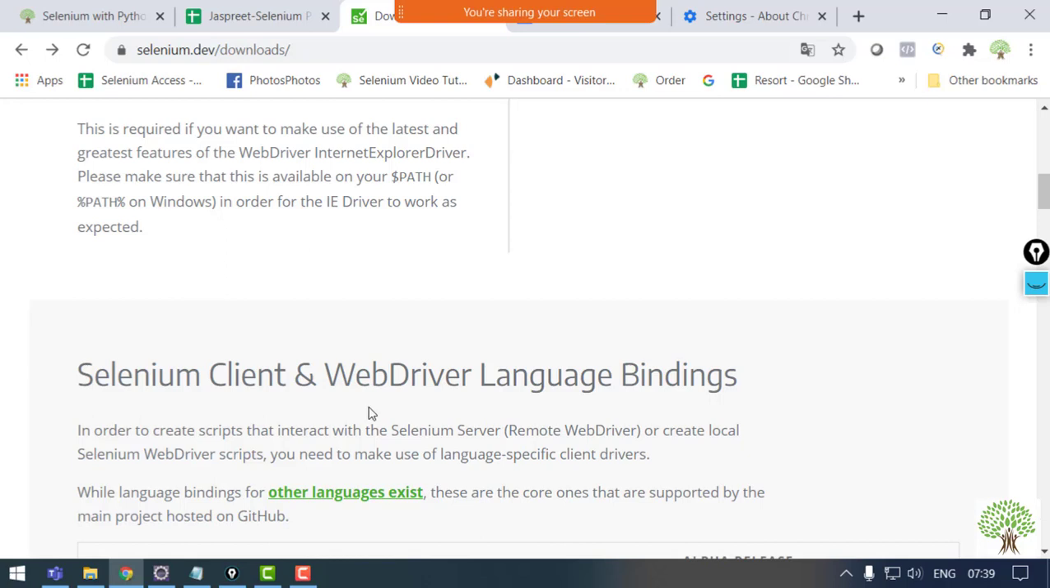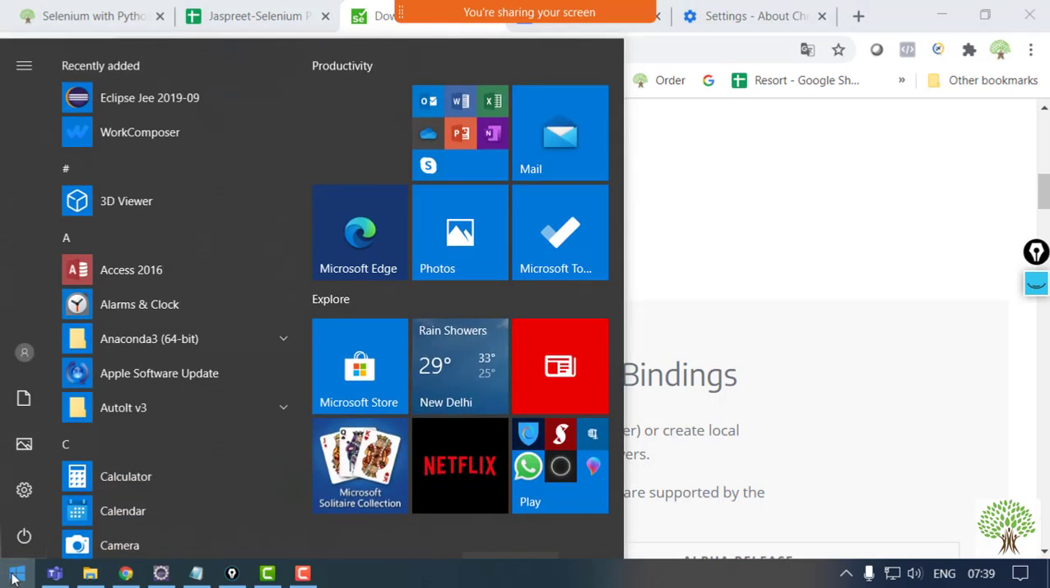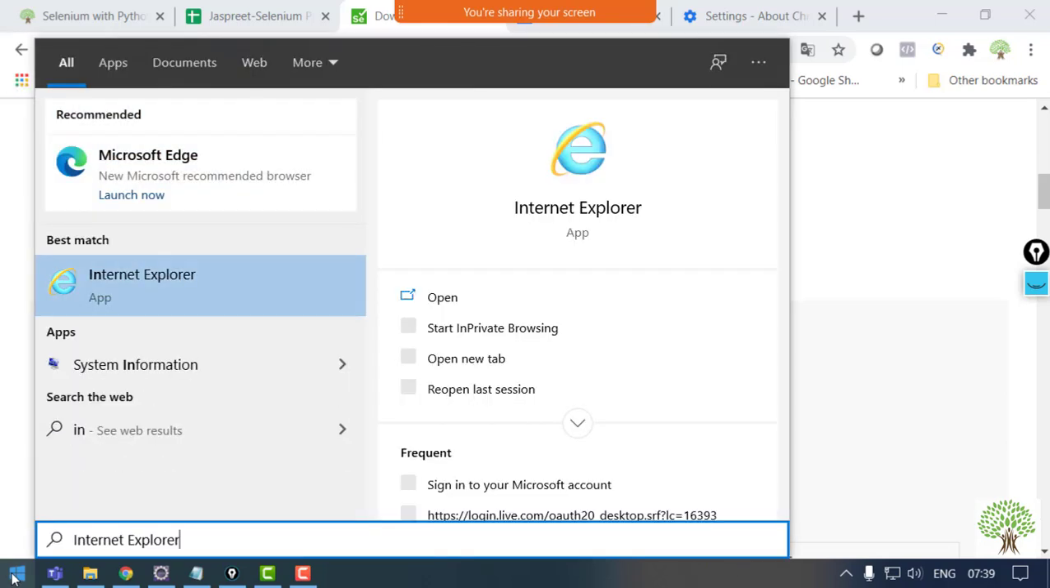But for Internet Explorer, we need to make some changes to the default browser settings that we have, and only then is the browser going to open. Otherwise it's going to give you an unexpected error. Like if I open up Internet Explorer over here,